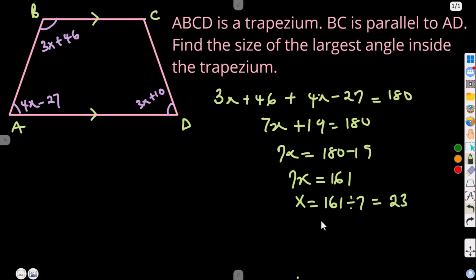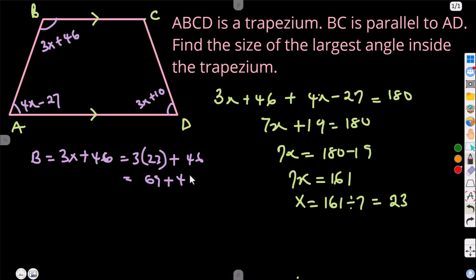So what I'm going to do now is substitute the value of x in each of the angles A, B, and D. I'm going to try that now. Angle B has 3x plus 46. Of course, that's going to give you 3 times 23 plus 46. Here I think we get 69 plus 46, and that angle definitely will be